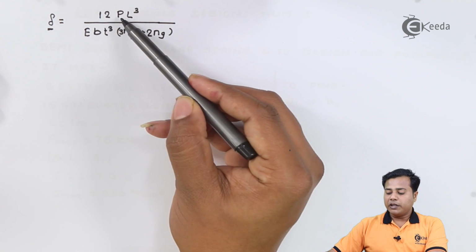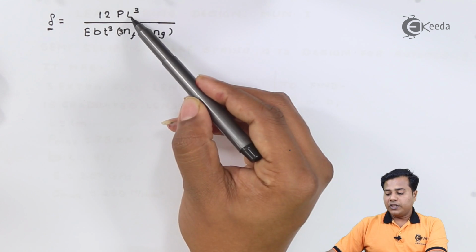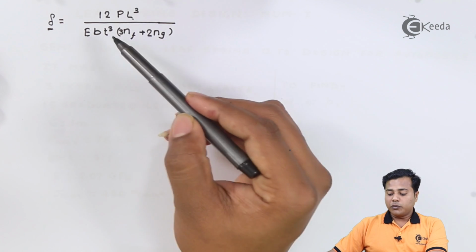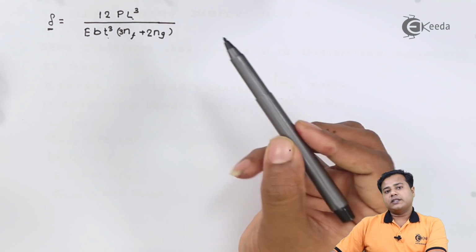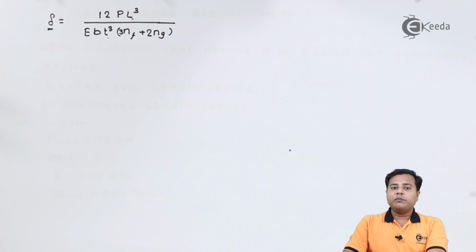Basically, the relation is made up of the force acting, the length, the Young's modulus, width, thickness, and the number of springs. So with this particular example, or with this particular numerical aspects, let us conclude that the design of leaf spring is based on mainly number of the leaves, the force, the length, and the material properties like elastic limit. In next session, we are going to look at the numerical based on leaf spring